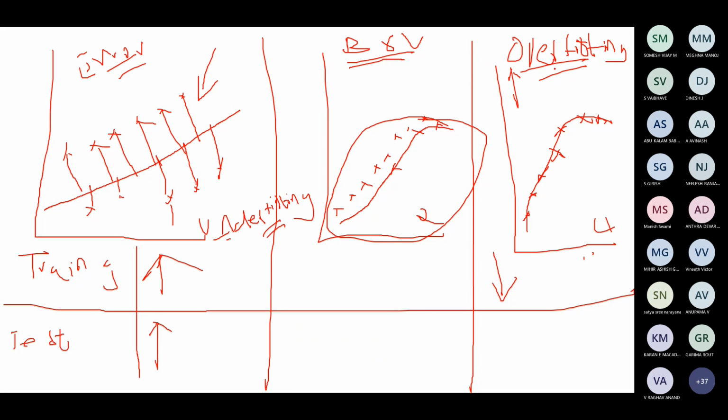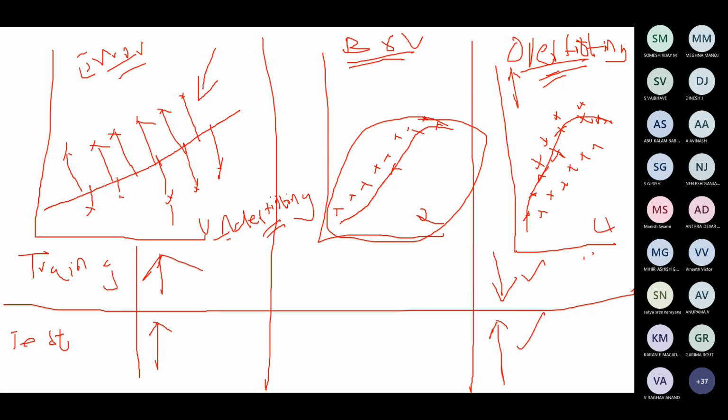Now you tell me, for the testing data, when you try to overfit the model, what will be the output? The errors will be low or high? Very good. Excellent. You might get a point somewhere over here like this. Yes or no, students? Since you have tried to overfit the line for the training data, the error is low. But for the testing data, the errors are going to be high.